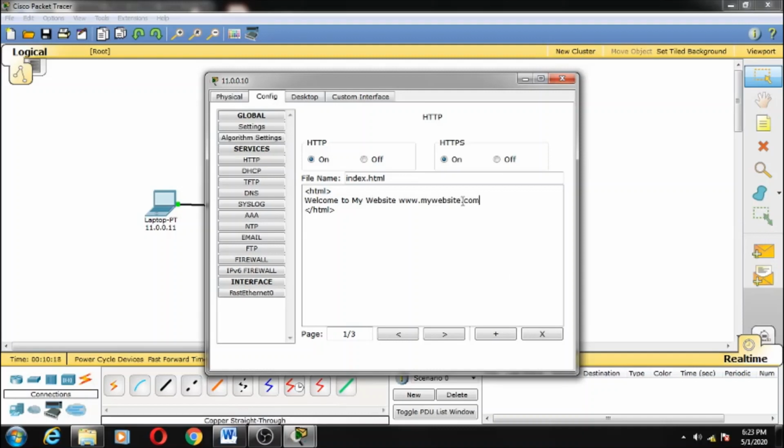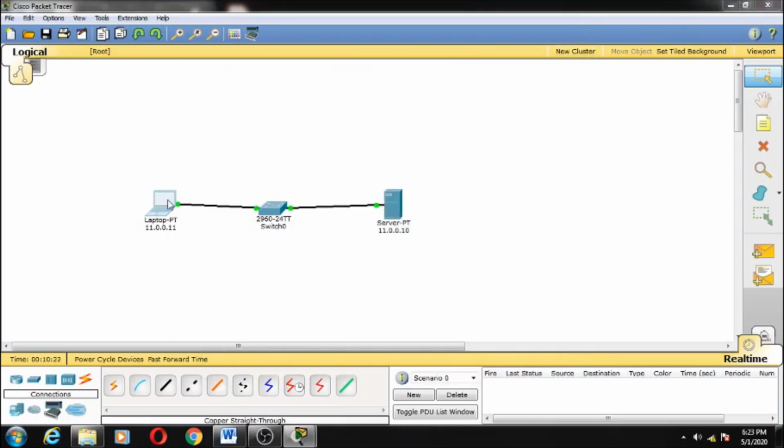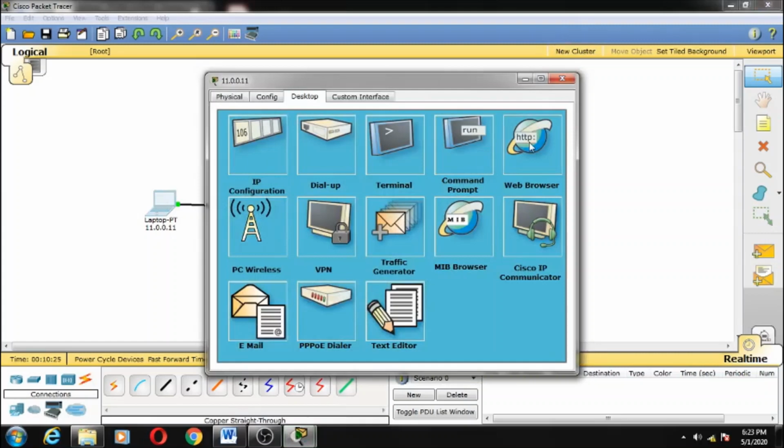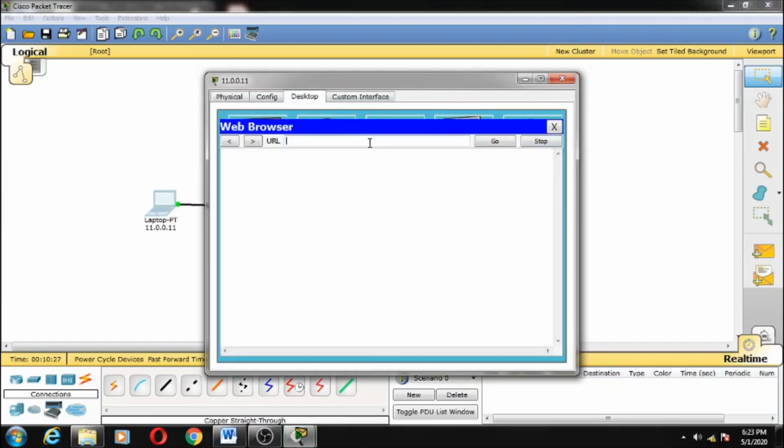So now the address is also given. Let's close it down. Let's go again to the client and try to run it from there.